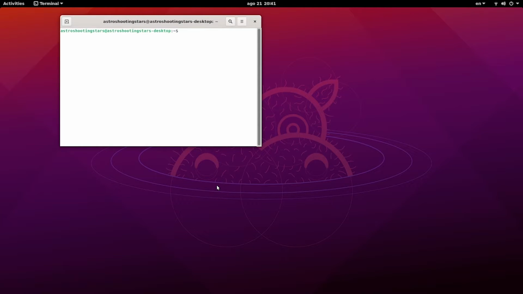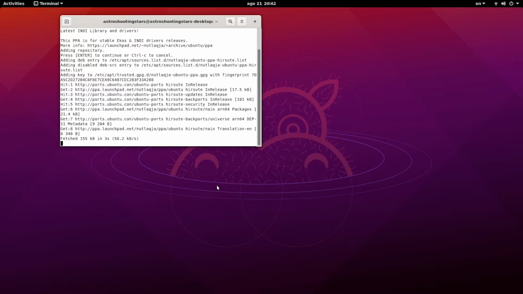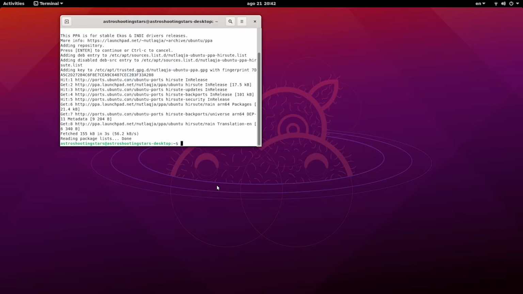Here we need to issue the command to add the repository for the drivers first. So the command for adding the repository is sudo apt-add-repository ppa:mutlaqja/ppa. Once the command is issued, it will start adding the repository to your Raspberry Pi 4 repository list. Once the repository is added and updated automatically,